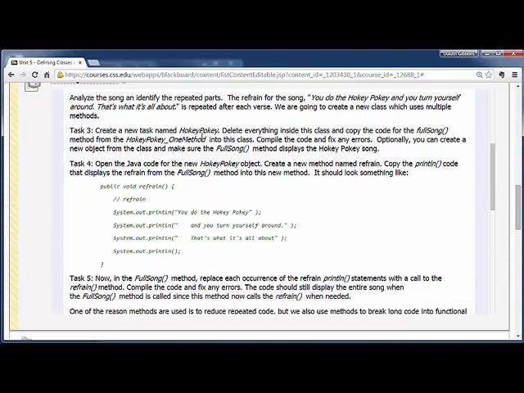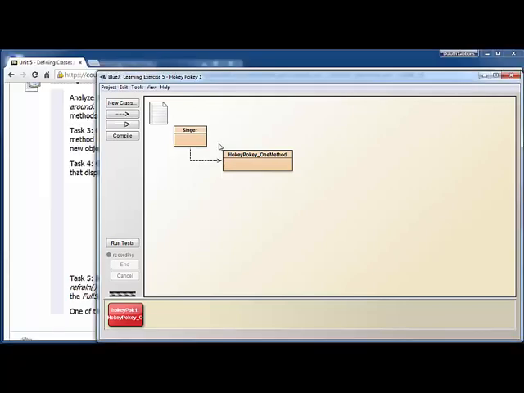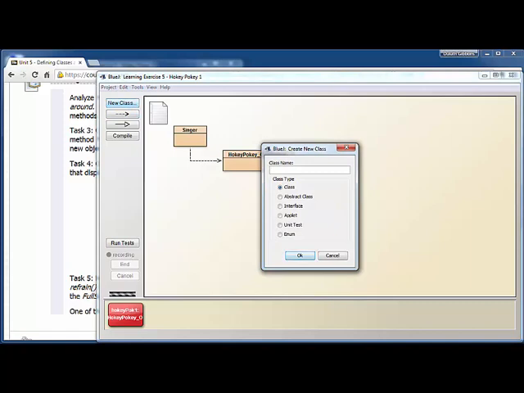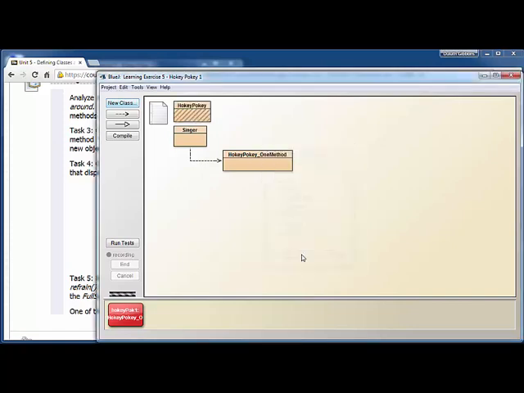So now we're going to create a new class just called Hokey Pokey. And we're going to delete everything in it and copy the full song method from the other class over to this class. So let's jump back to BlueJ here. I'm going to make a new class, and this is going to just be called Hokey Pokey. I'm going to bring it down here. I'm going to open it up,